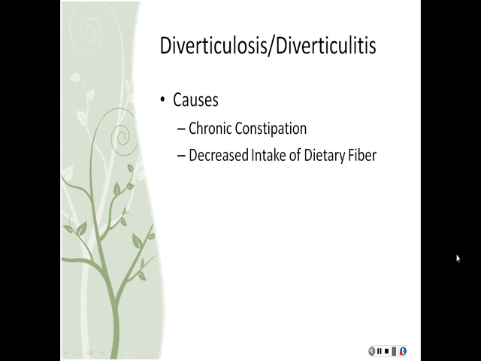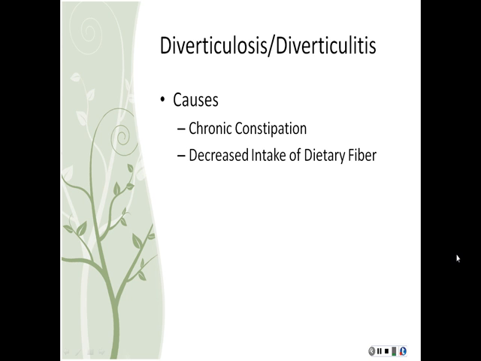Again, diverticulosis is caused by increased pressure in the bowel and weakening of the wall, which, as discussed earlier, are some of the complications of chronic constipation. A major cause of this disease is decreased or lack of intake of dietary fiber. This most commonly affects people over 60, which makes sense when you think about the effects of aging on the GI system and how they have slower gastric motility, which can lead to problems with constipation. Diverticulosis is usually asymptomatic,